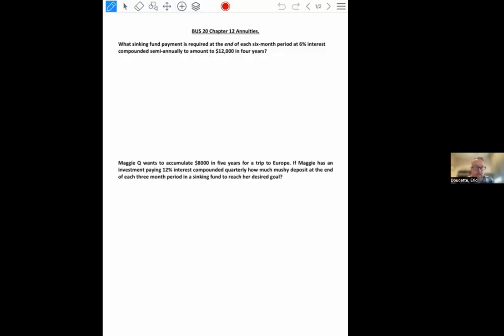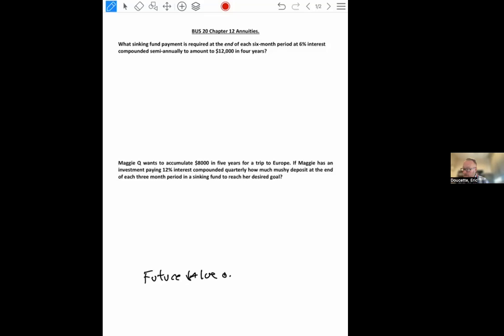All right, the last section here in chapter 12 is on sinking funds, and they're a different form of an annuity, but it's really treated pretty much exactly the same. The only difference is you have a formula that you're going to use, and all you're trying to find out is how much of a payment do I need to make to reach it. So it's really almost a little bit of a different way of looking at the problem we were just looking at with present value. But basically the formula is this: the future value